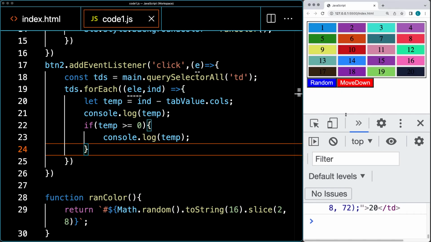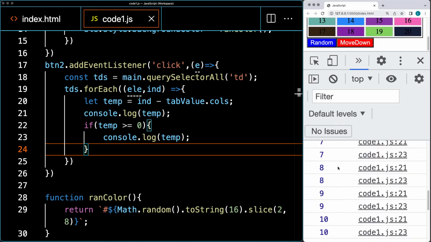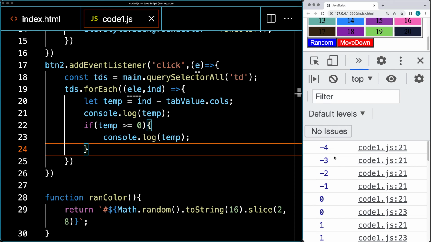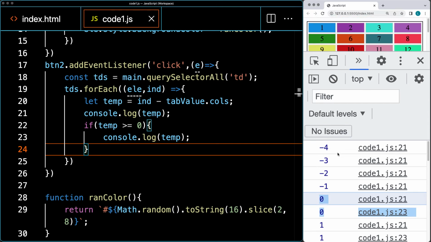We hit random. And now let's try the move down. So that generated all of those cells. So the first 4 are going to be skipped when it hits 0. Then it's going to be able to output that. So this value is going to be the cell that's above the initial one. If they are negative values, then we're just going to reset the color. Otherwise, we're going to take the color from the